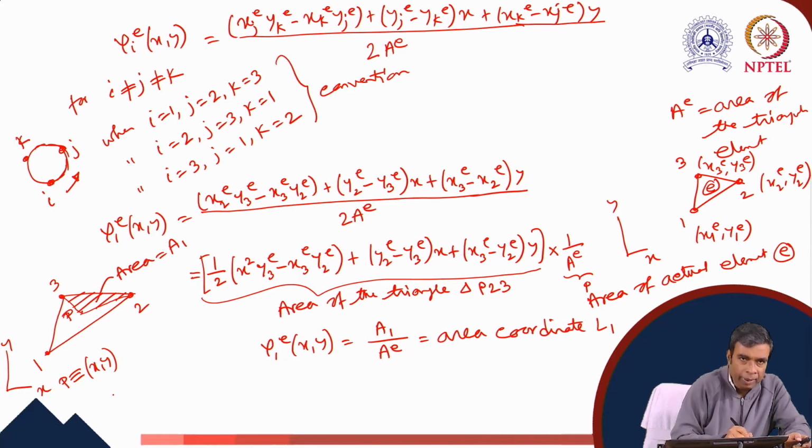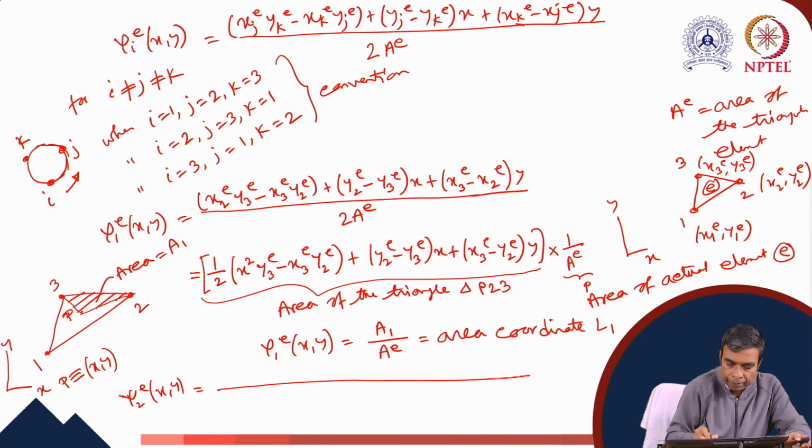Similarly, it can be shown that psi 2e equals L2. Now, psi 2e of xy equals, we can substitute the indices for i, j, k. Then here we get for i equals 2, j equals 3 and k equals 1. So this is x3e y1e minus x1e